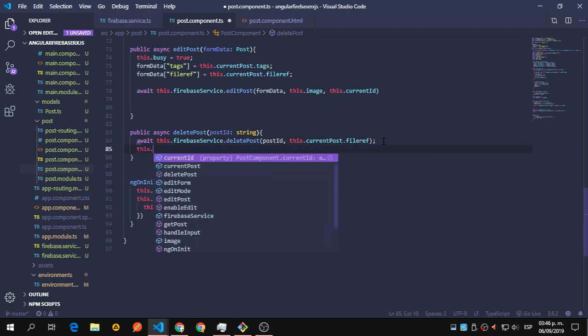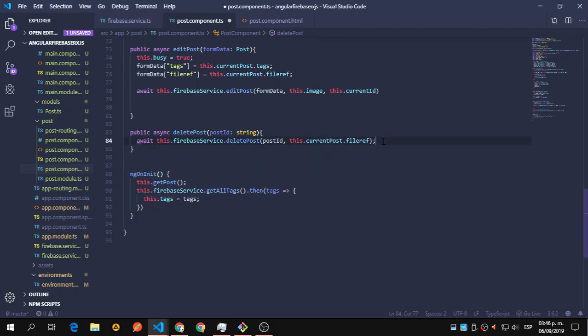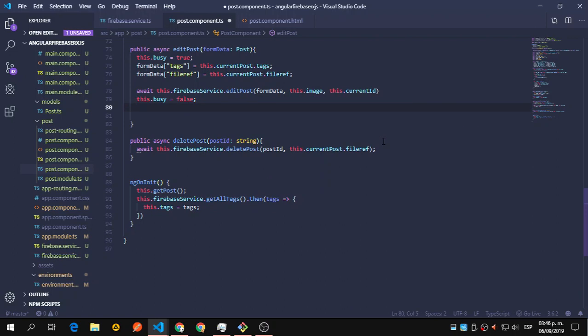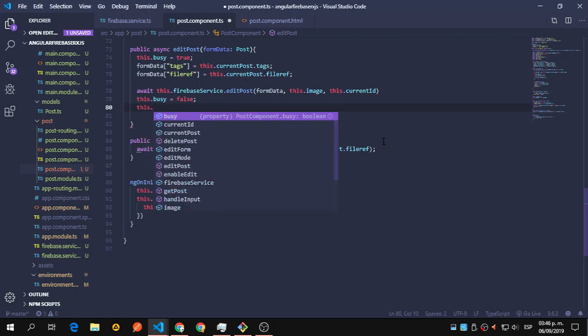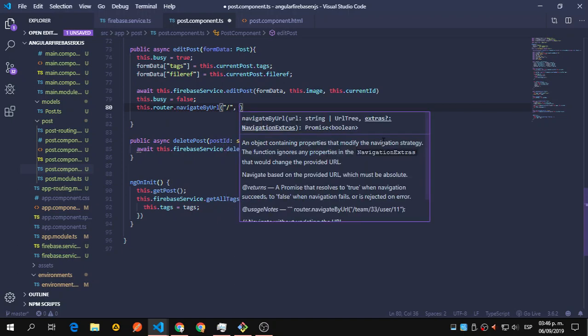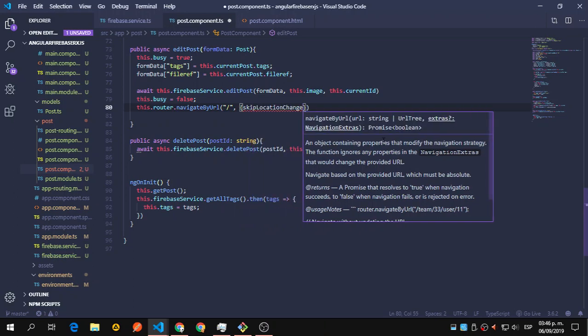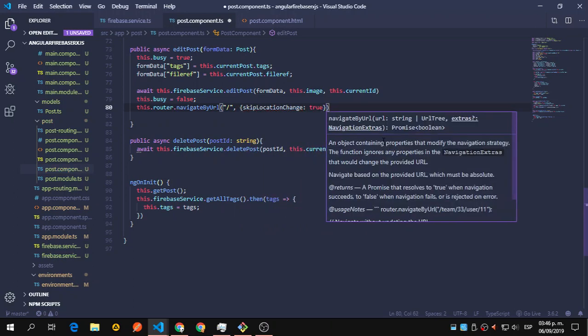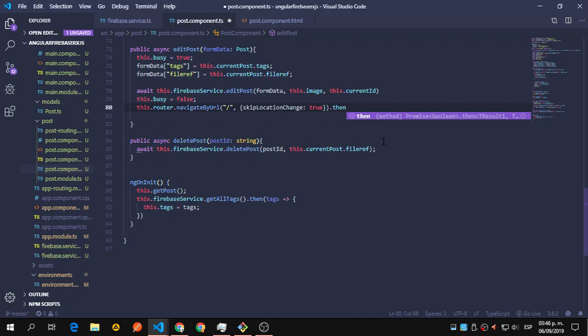And after this, we're going to say, okay, not here, sorry. After this, we're going to say this.BC equals false. And we're going to use this.router.navigateByUrl. We need to add a URL here. It can be any, because we're going to say skipLocationChange to true, and this is going to return a promise. So let's say then,